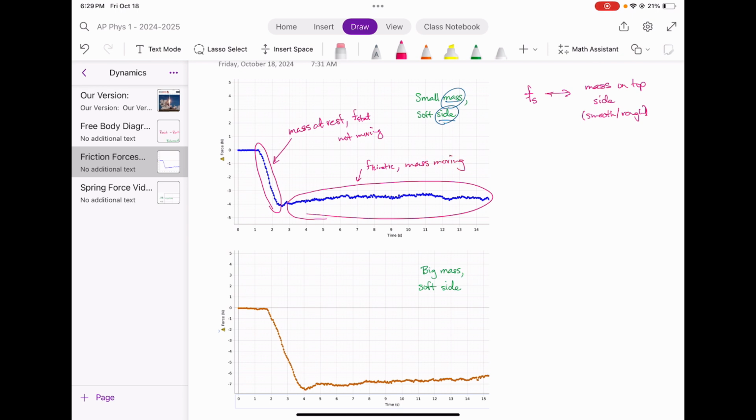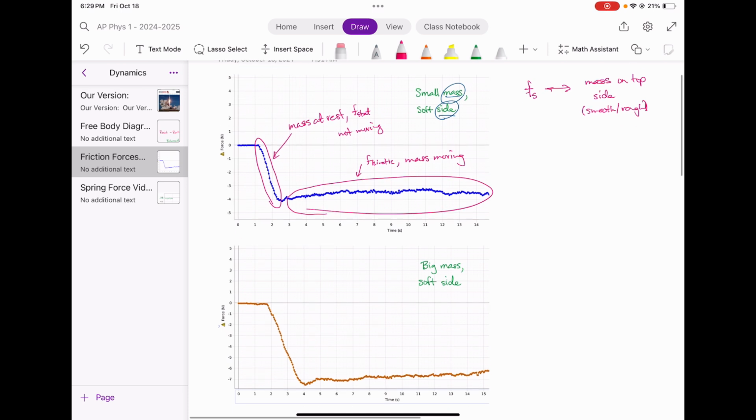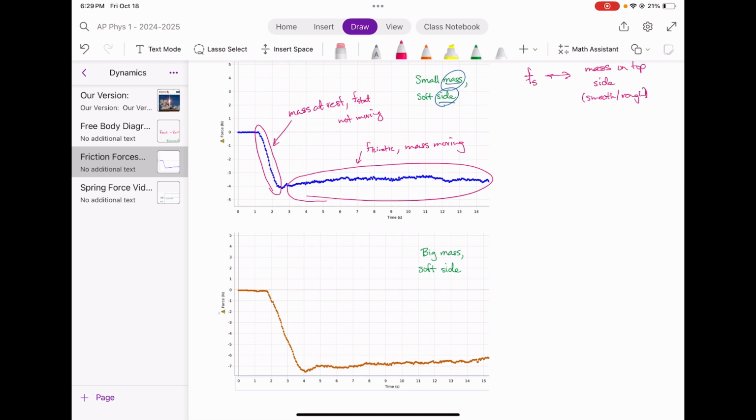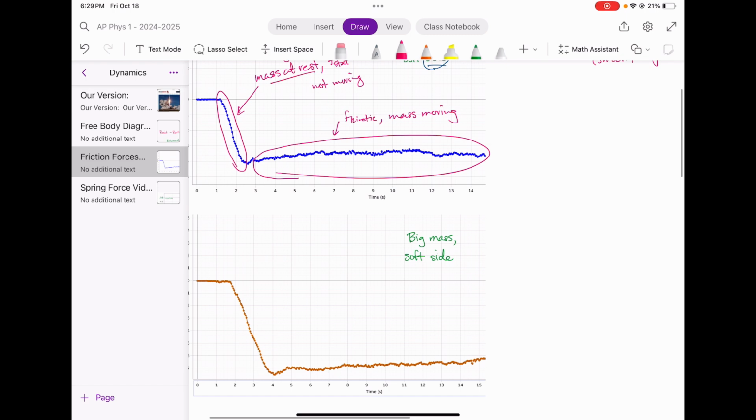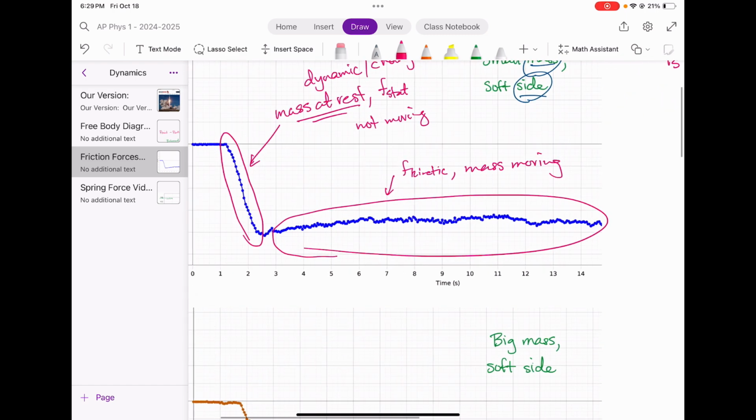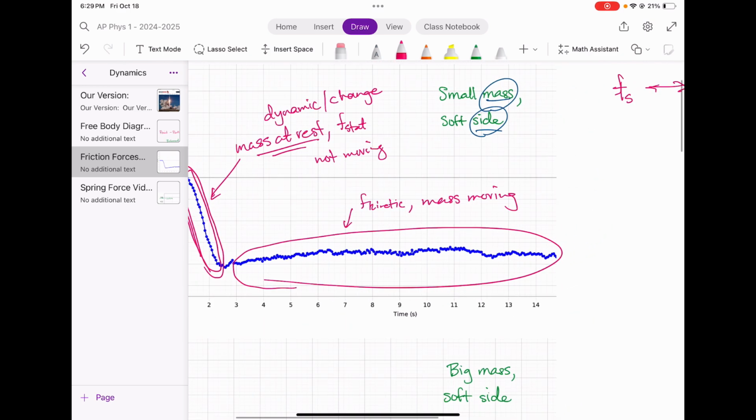It's more of a semantic thing, but they do have different relationships. Static friction and kinetic friction have different models to them. So static friction, we say, is dynamic. It can change according to whatever force is necessary to keep the mass at rest. So you can see the magnitude of the force is changing a lot in that short amount of time. Kinetic friction typically